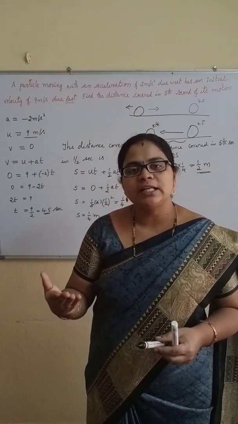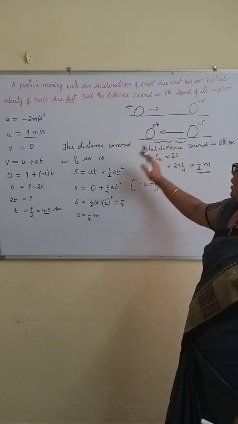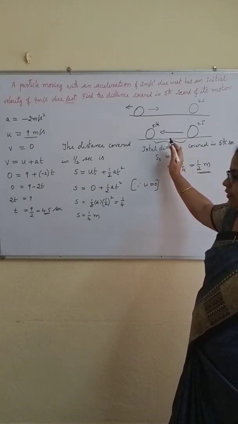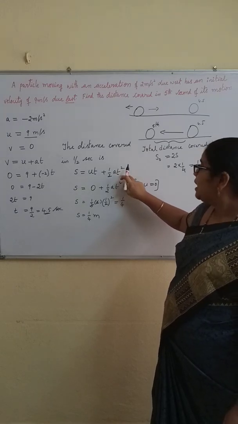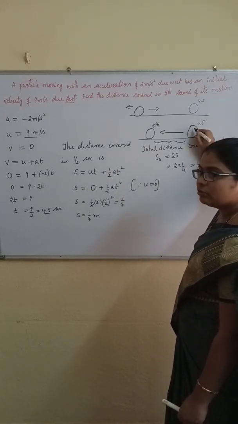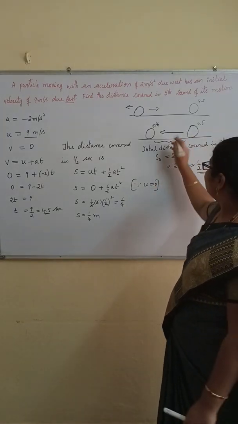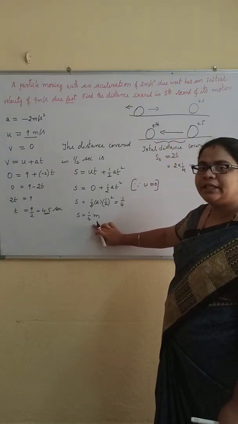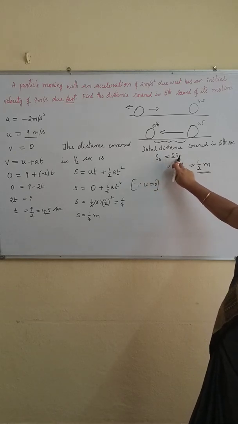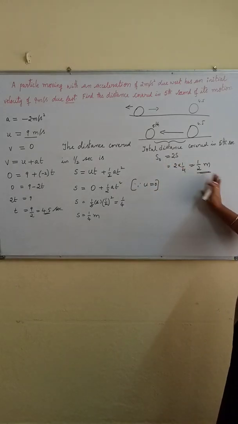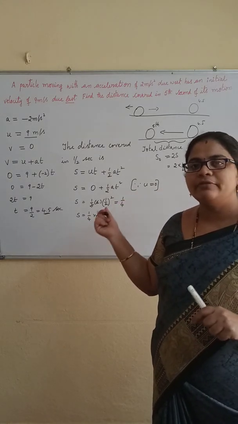But we should find out the distance covered in the fifth second. So let's see how much distance can be covered in this half second. By using the s = ut + 1/2 at square formula we can find out. Here the body comes to rest position, so its initial velocity will be 0. So in this half second 1/4 meter can be covered. Then what is the total distance covered? That formula is 2S. When you use it, half meter will come. Very important problem. Everyone should practice this problem 5 times.